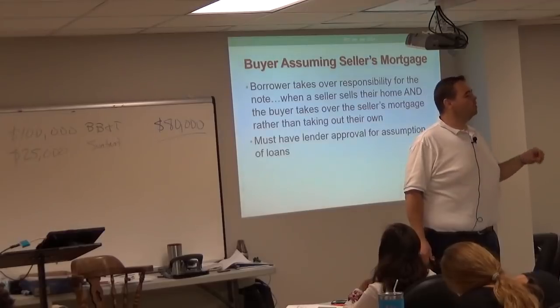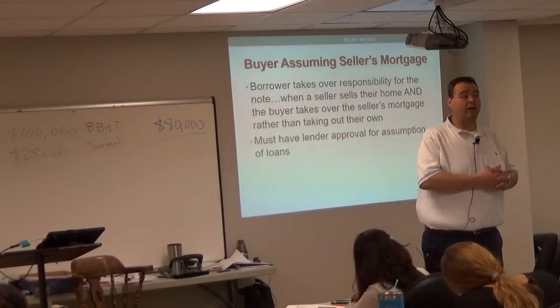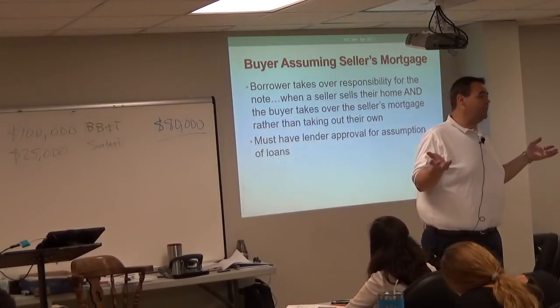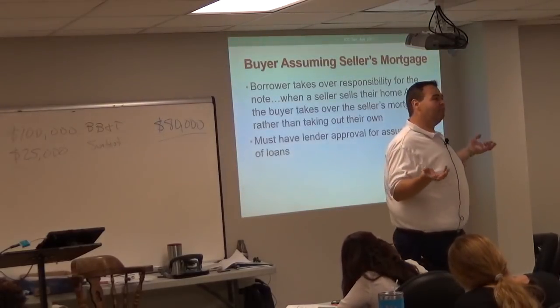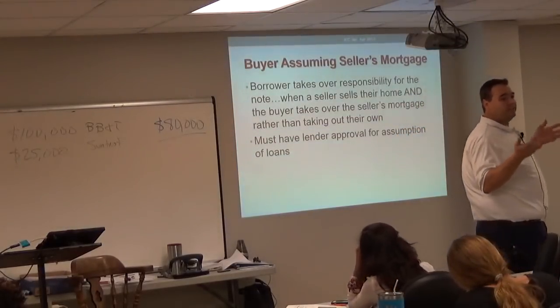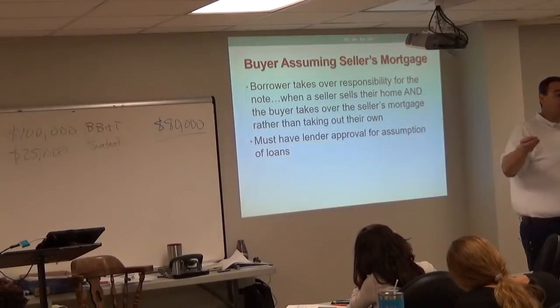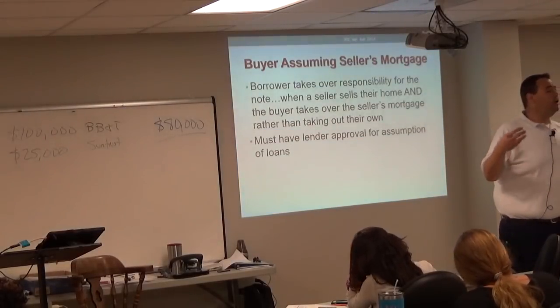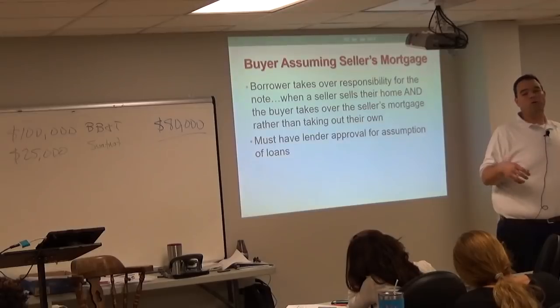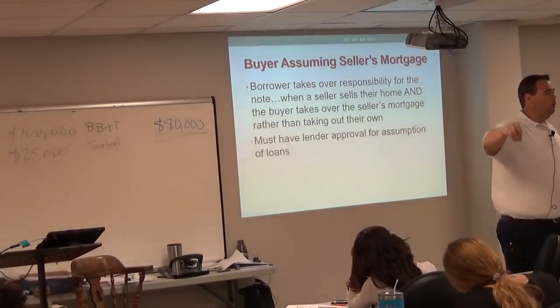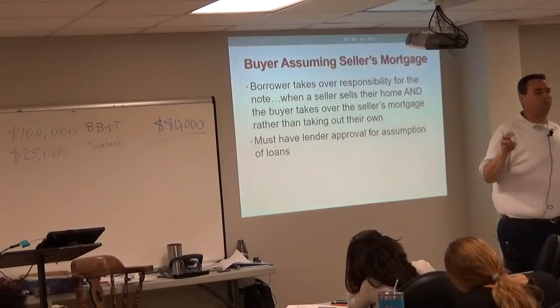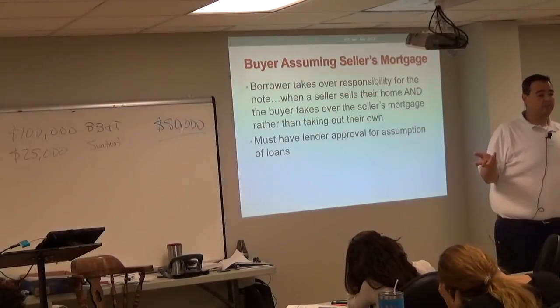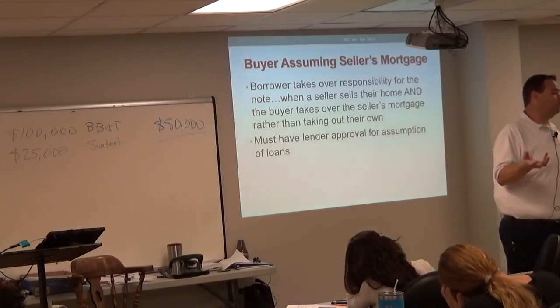That's called an assumption. It's a lot like an assignment of contract. It's the same thing as an assignment. If you were going to say that, then bravo, because that's exactly what it is. Right. With an assignment of contract, the contract stays the same, but the parties change, right? And that's exactly what's happening here. We're taking Kathy's name off of the borrower line, and we're putting the new buyer's name on the borrower's line. So Kathy's no longer responsible for repayment of the loan. Who is? The buyer.